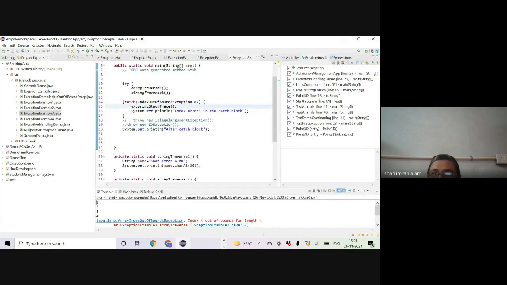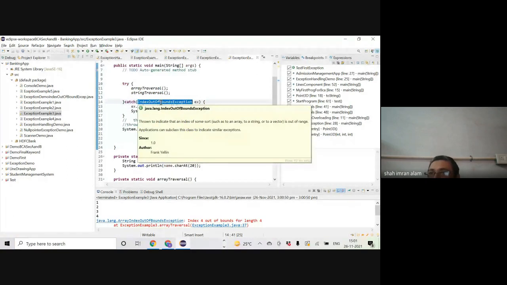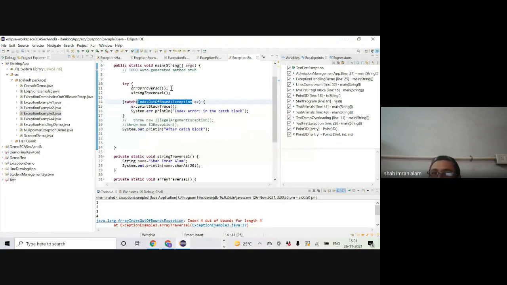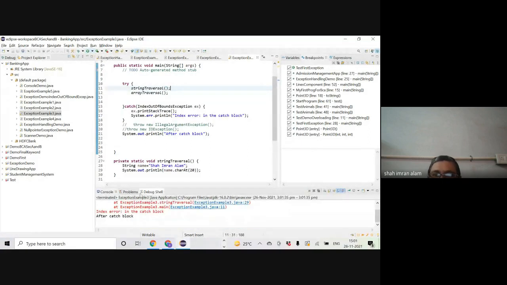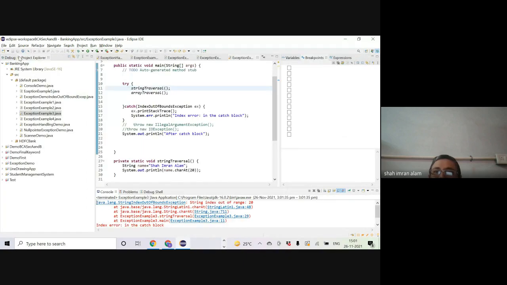But the type of exception class is the same for both. This is the class. Array index out of bound exception is also a class. String index out of bound exception is also a class. We know that exceptions are nothing but objects of a class in Java, right? इसको फिर से वापस रिवर्स कर देते हैं. कौन सा आएगा? String index out of bound exception. When the stack trace is printed, we will expect string index out of bound exception to show, right? Correct? But why is this happening?